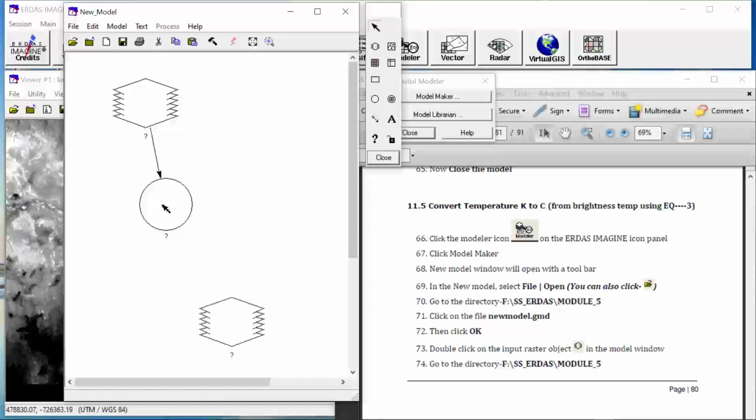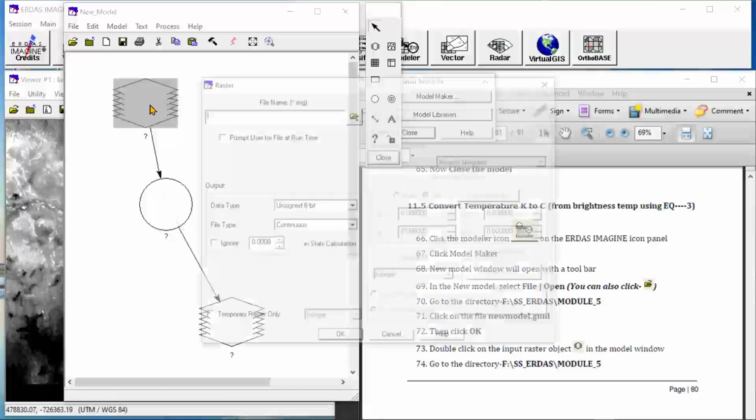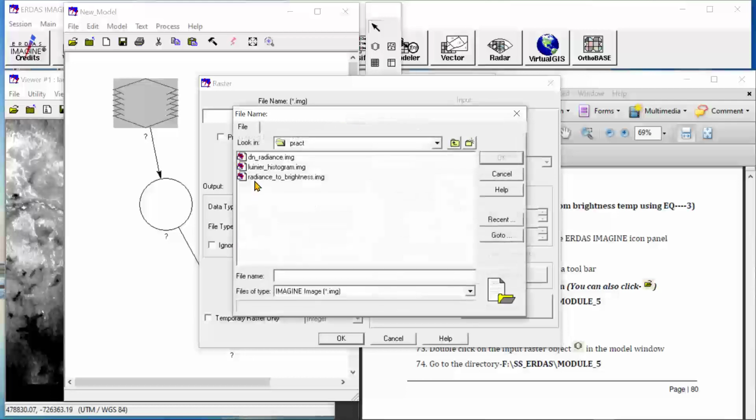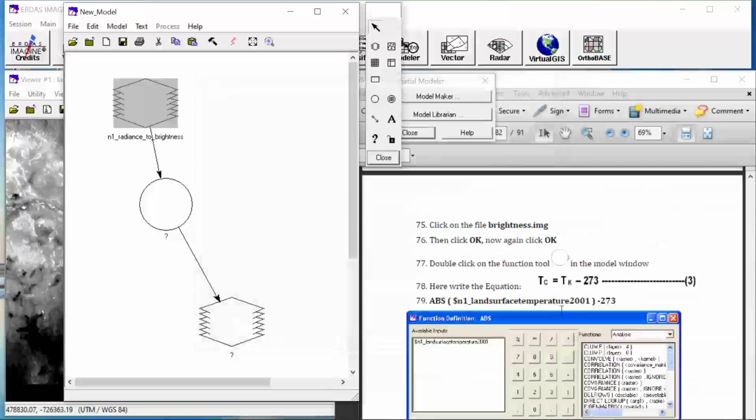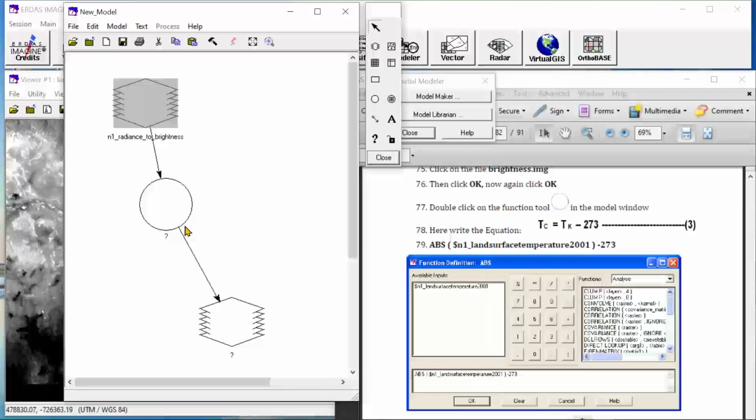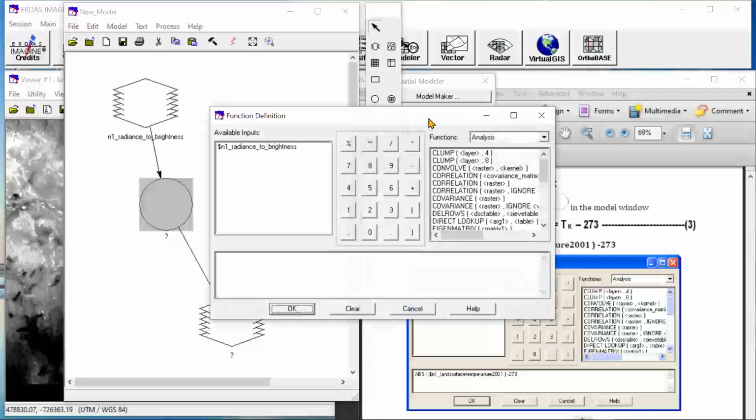So the raster tool here, that's it. Double click here and then you have to input that radiance to brightness. That's it. And then okay, so your function should look something like this one here. So double click on it and then you will see